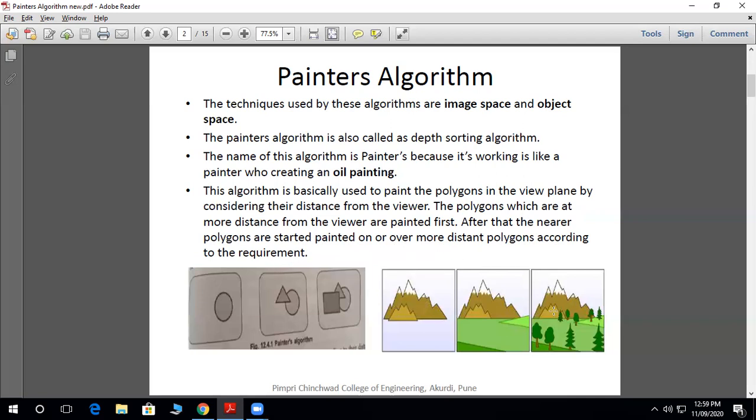Here also you can see this diagram in which the mountains are painted first in the background, on top of this the landscape is painted, and in the final figure the trees are painted. So these trees are nearer to us than the landscape and then the mountain.